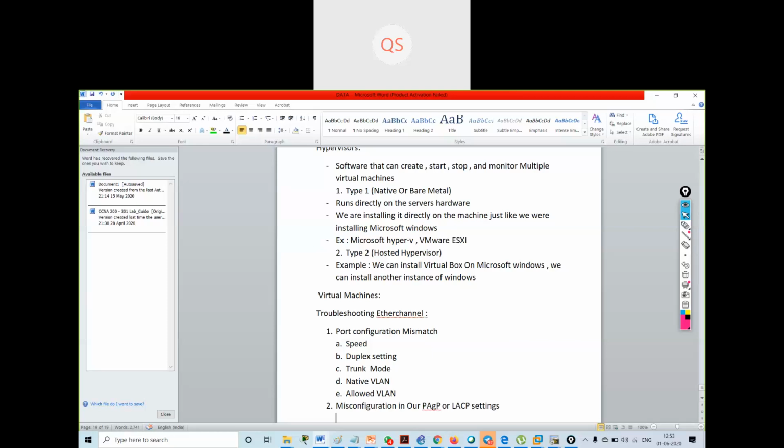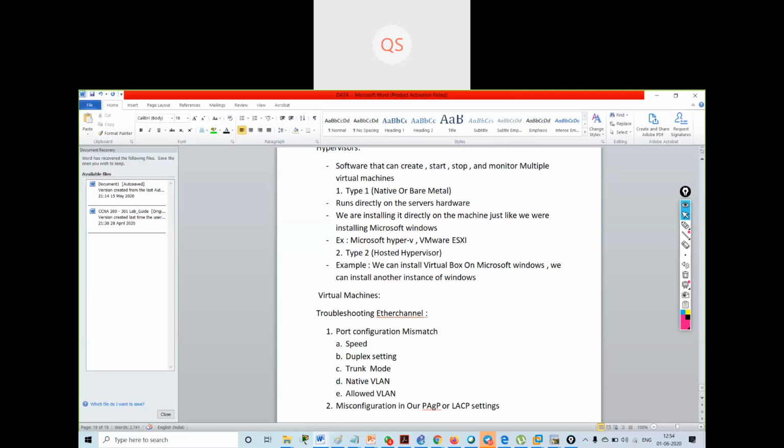one of the sides is set as desirable, and the other side is set to auto. If both sides are set to auto, then we cannot have the port channel configured. So in PAgP, one switch should always run desirable mode and the other switch can be in auto mode.